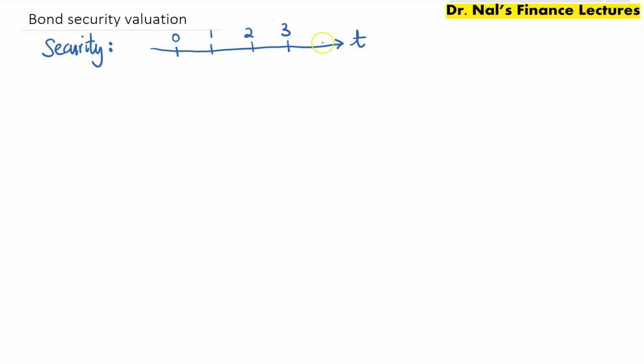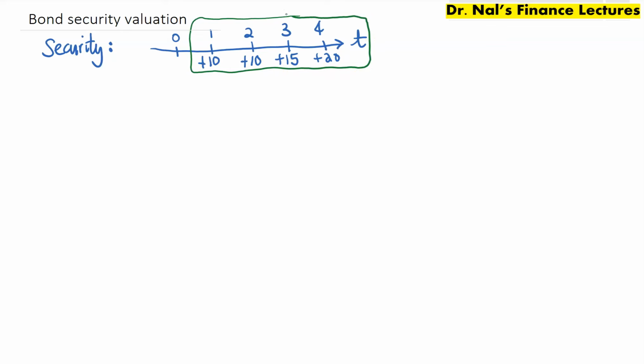So over the next 4 years, this security promises the following cash flows. It promises, say for instance, $10 at the end of year 1, another $10 at the end of year 2, $15 at the end of year 3, and $20 at the end of year 4. So such a security has to have a positive value today. So if you want to receive those cash flows, well, you will have to pay its price, right?